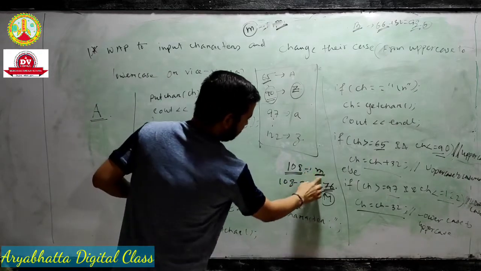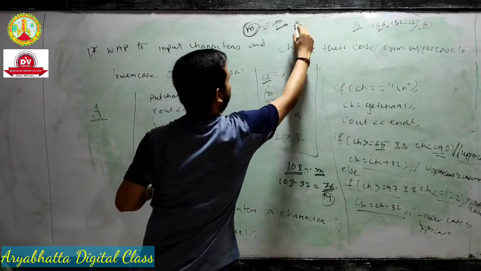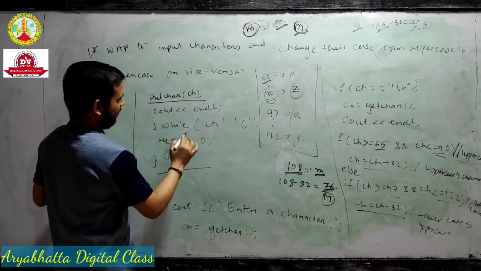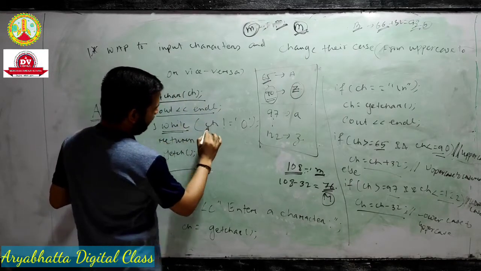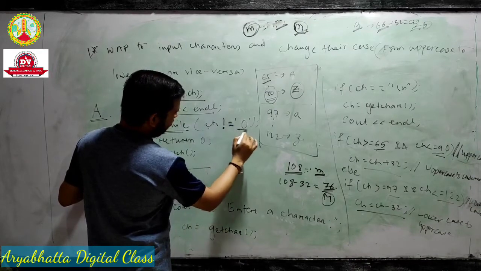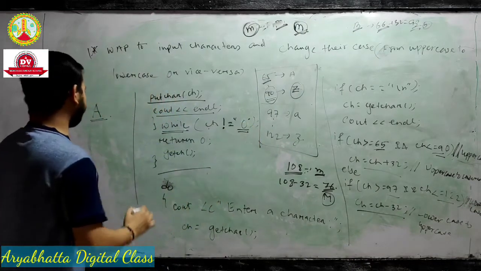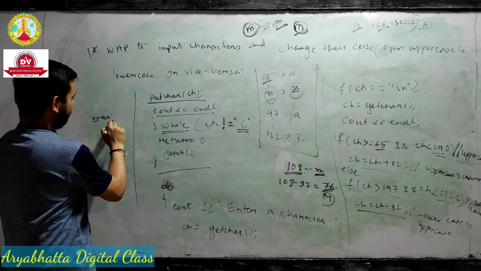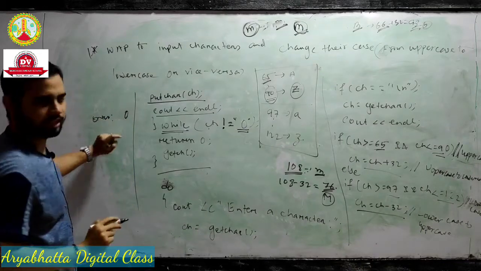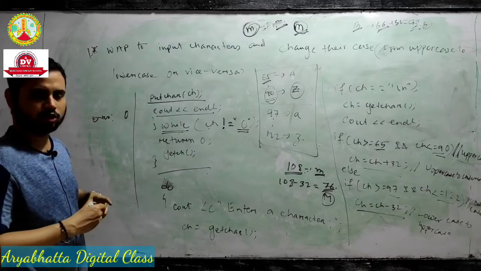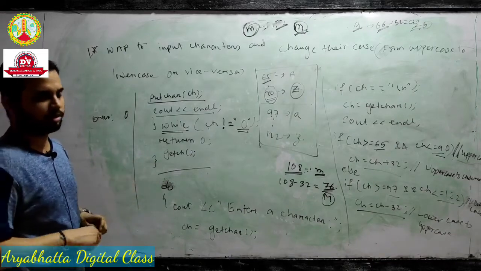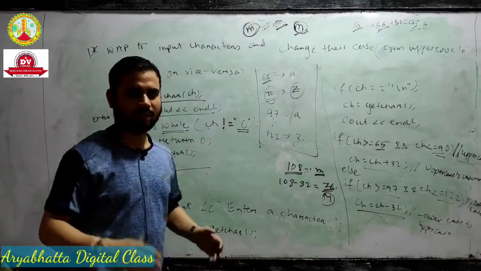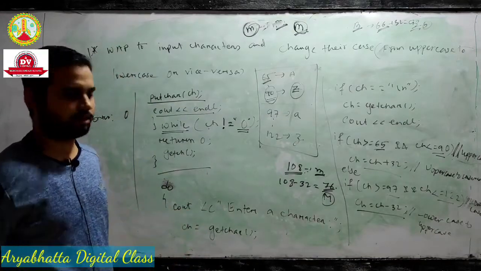Output means, suppose you take this input, the output character comes out like capital M. The output character is printed with the function putchar. The last thing is the condition in the while loop: while character is not equal to 0. When your input asks to enter a character, if you write 0, then 0 is not a character, it is an integer, so your program will automatically terminate. 0, 1, 2 are integers, not characters. Character means alphabetical, like A, B, C.